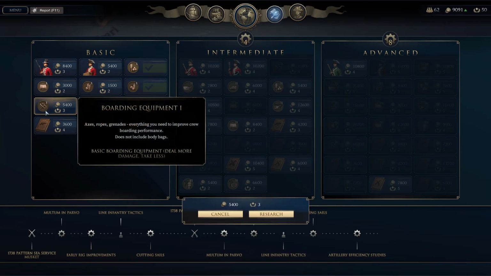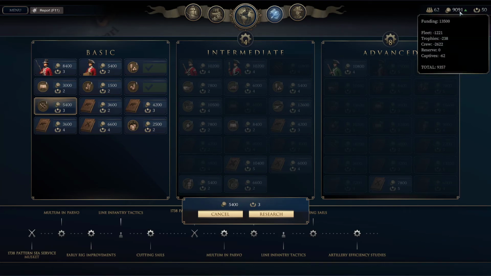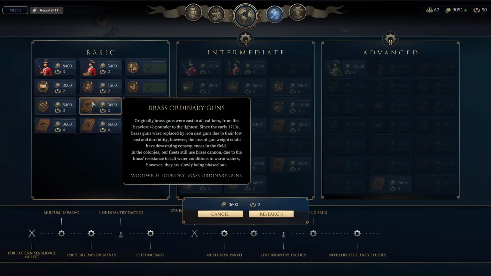This one's a good one if I remember correctly. Boarding equipment. More damage in boarding, take less. I'm starting to get broke, so I'll probably get that next turn. It'll let you get 9,000, which is nice. Then we get these brass ordnance guns, which are really good. These are the best guns you can get. However,